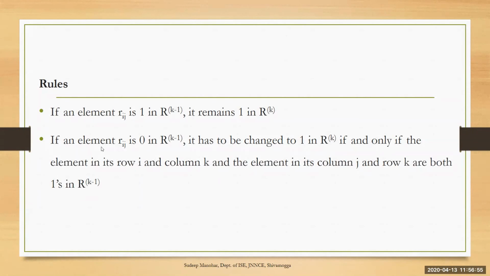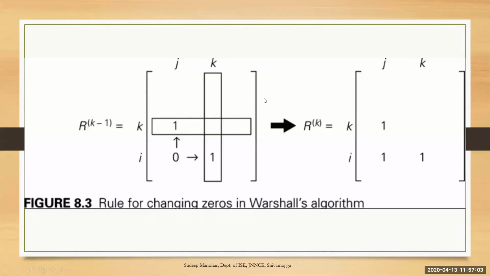So this will be explained by showing a diagram for you, and we'll understand this. What it tells is, if there is a 0 in the previous step, what you are supposed to do in the next step. Look at this diagram. The left diagram is Rk minus 1, the previous step, and the rightmost diagram is Rk, the current step. Assume that there is a 1 here and there is also a 1 here, and this is k. Let the value of k be, for example, 2.